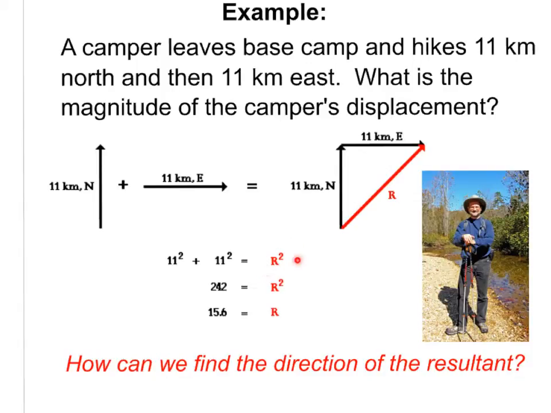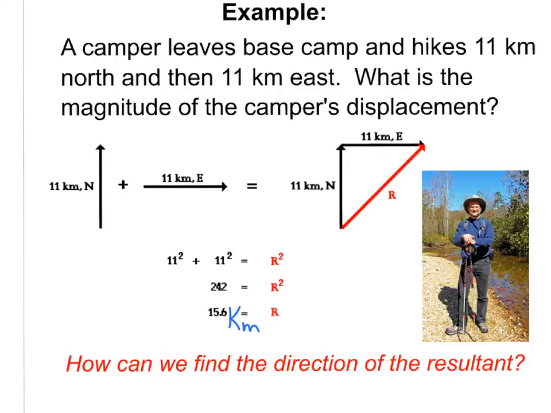Our c squared is our resultant. Our r squared is going to equal 11 squared plus 11 squared. These are the two legs that form the right angle. So we have 11 squared plus 11 squared gives us r squared. When I do the math, 242 gives me r squared. And when I take the square root of both sides, I get 15.6 kilometers, my resultant magnitude